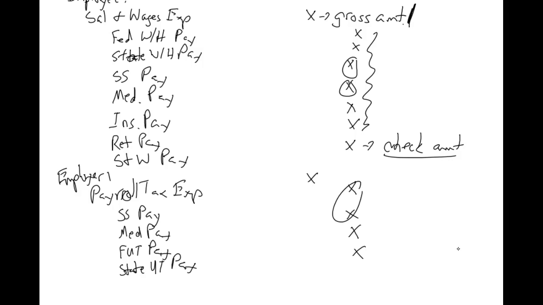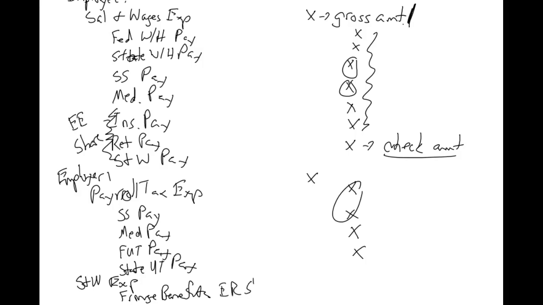All right, they're also going to have another journal entry where they're going to do, I'm running out of room here, but they're going to have a salary and wage expense. And then they're going to credit all the fringe benefits. All right, so what do I mean by that? I'm going to come up here and mark them. So these are the only two I really mentioned. Insurance payable. So typically your company will pay a portion of your insurance and you pay the rest. So this portion up here is the employee share. And then down here, it would be the employer share of the amount.